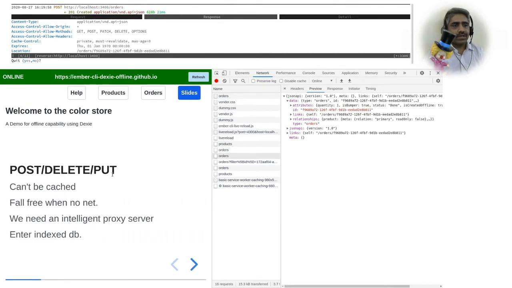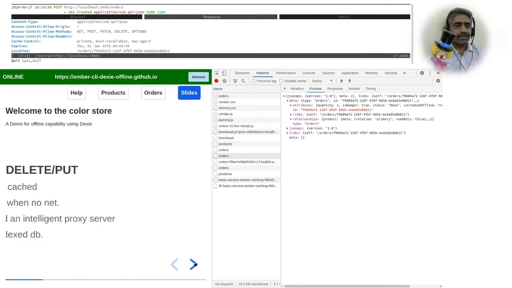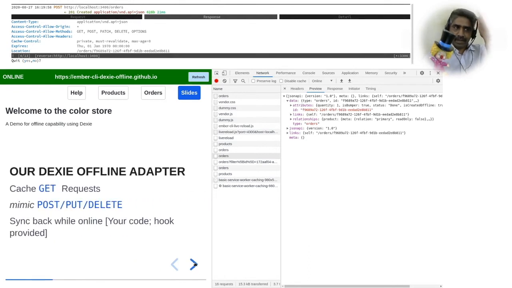So as we just saw, the post, delete, and put REST requests cannot be cached, and basically when there is no net, there's nothing that is going to save us unless we do an intelligent proxy server which caches the data and sends it back to us when we are online. So as I said, we are using IndexedDB for storing the intermediate data while being offline.